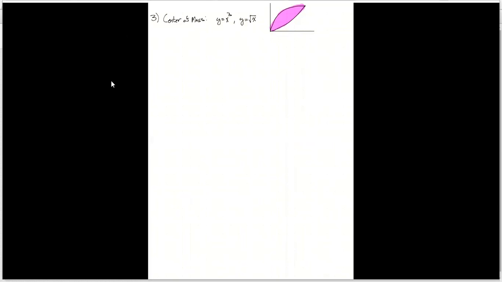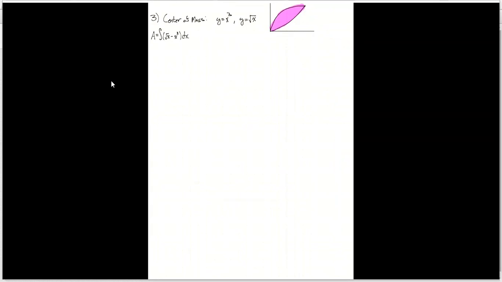Okay, so we've got this region in pink here, and we want to find its center of mass. So the first thing we should really start to look at is this area. Because it's a constant density, we can go back to the equations in the book and not really worry about the rho inside of these integrals. So going to talk about this A, and the integral of the square root of x, which is the one on top, minus x cubed, the one on the bottom,